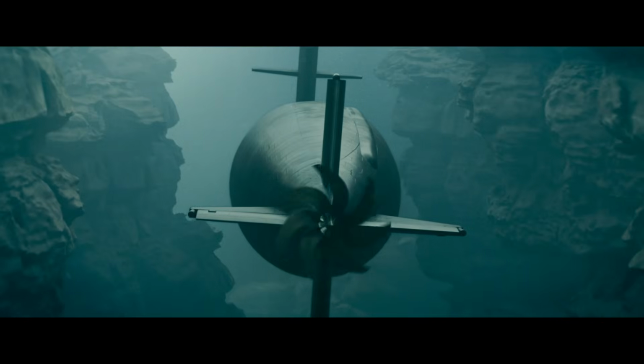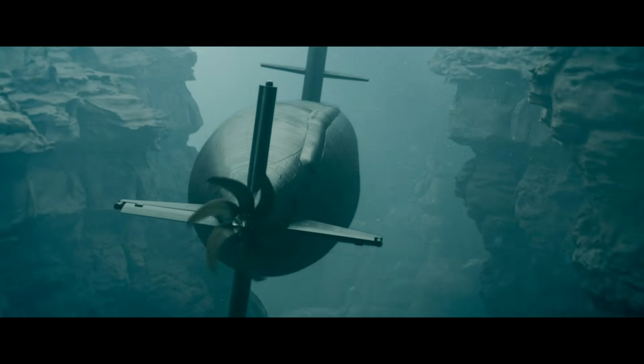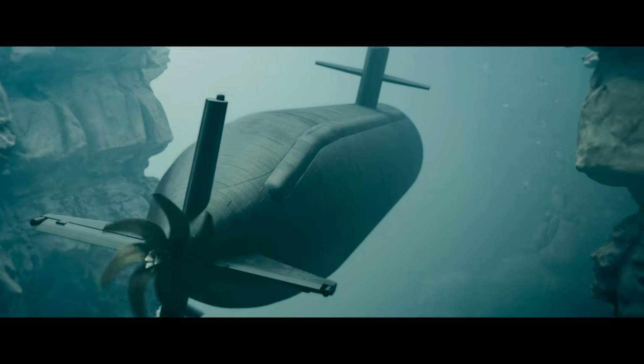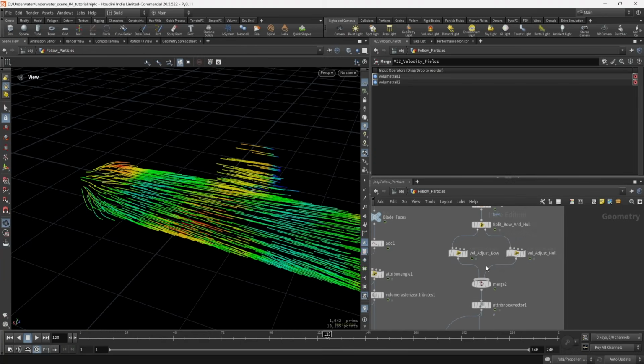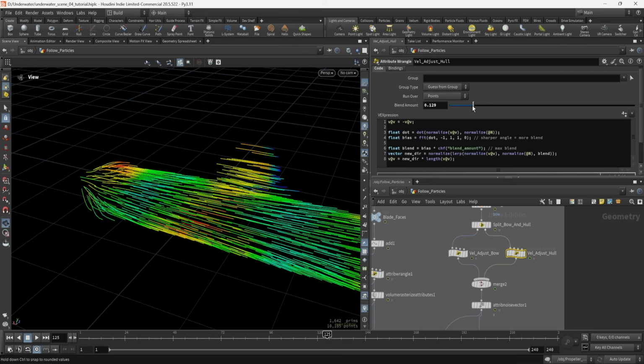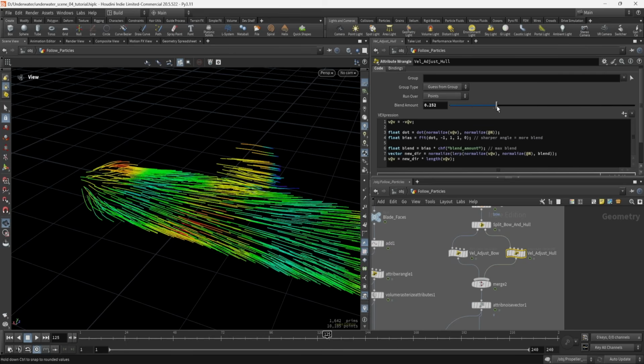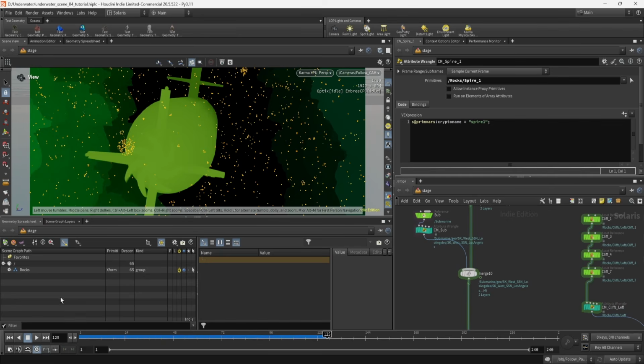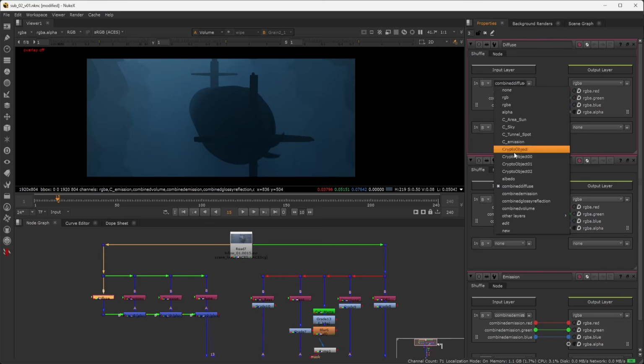Today I want to dive a little deeper into making underwater shots. I iterated on the setups from the last video and created this shot which we're going to make together. Here's what we'll cover: creating custom velocity fields for affecting the marine snow, which is those dust particles, and way more detail about USD composition with Solaris, setting up render passes with KarmaXPU, including custom Cryptomattes, and compositing in Nuke